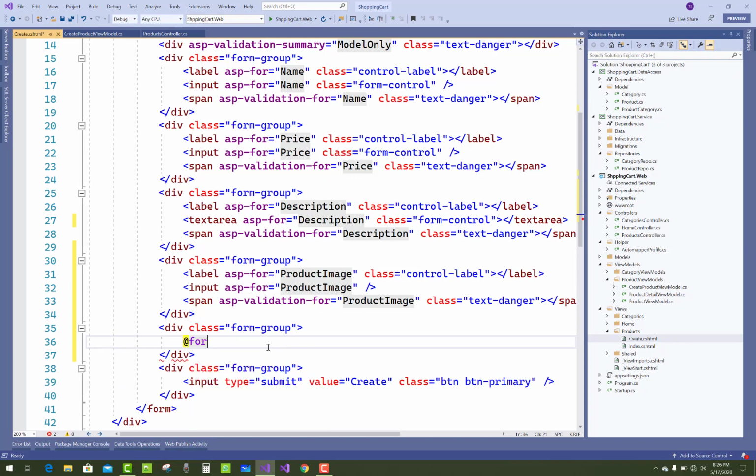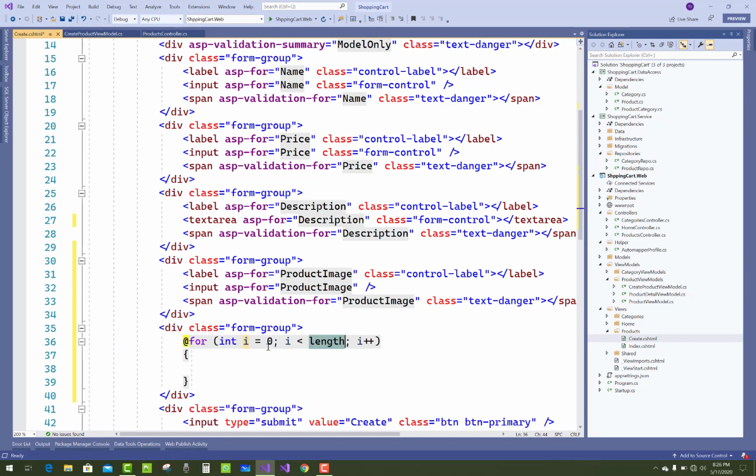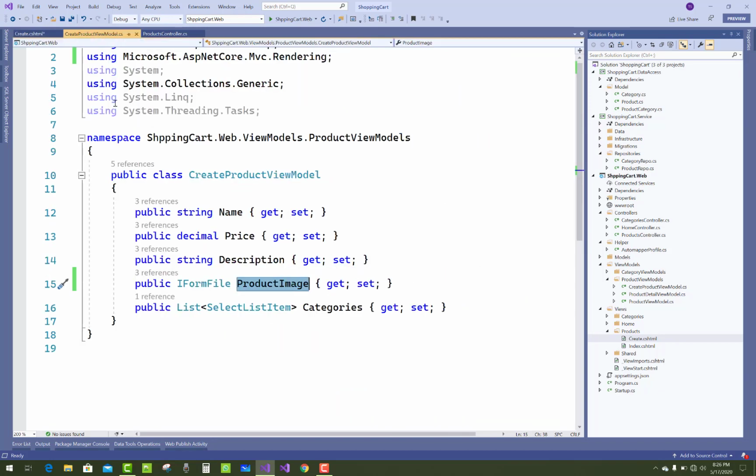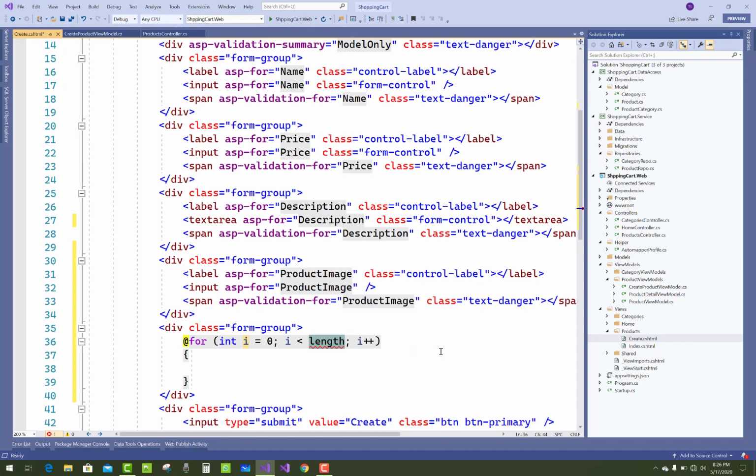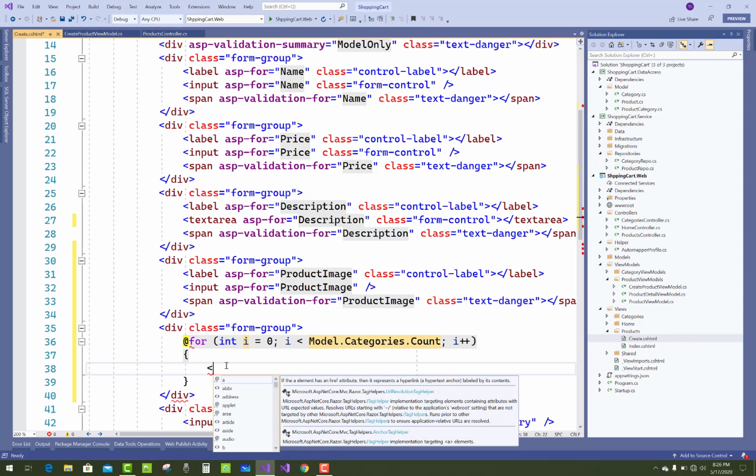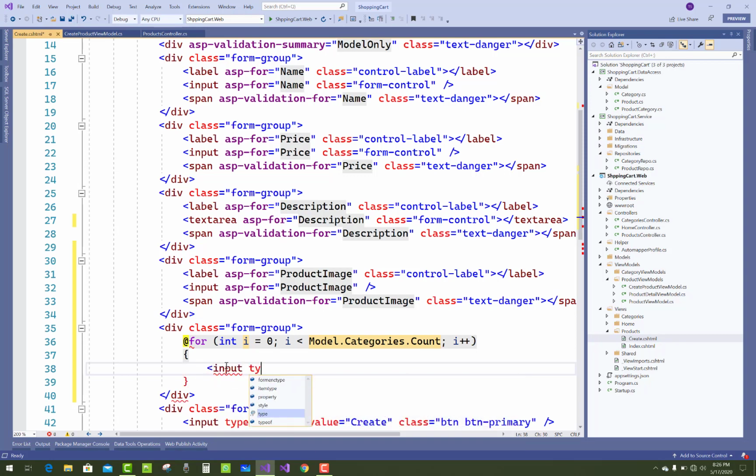At the rate sign, type for and use a double tab on your keyboard, and here we use model.categories.count. For the one tag that is of the boolean type, it is automatically converted into a checkbox.